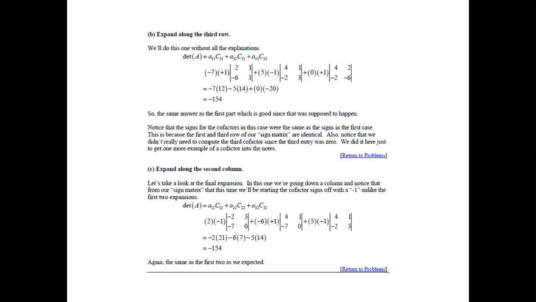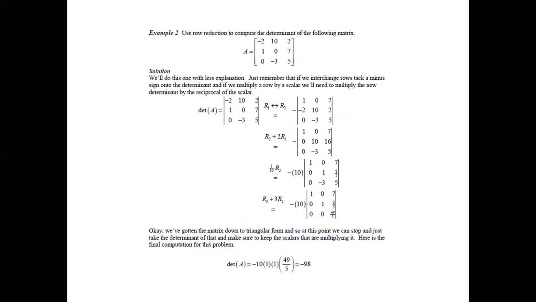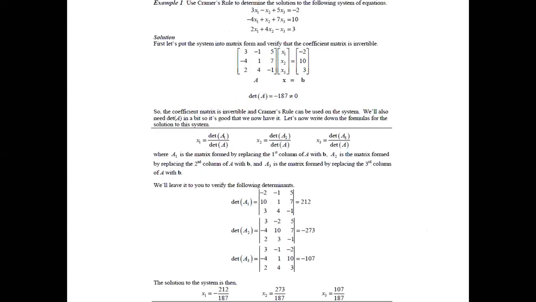Another problem which I've shown, this is a row reduction determinant problem, which I've put here with the answer and how to find the determinant. So we have started with one of the matrices A here, and then how to reduce it into an upper triangular matrix, which is the last form, and then how do you find the determinant. So that's again something which I have shown here. Then a question on Cramer's rule, which we have just completed, and how to find the value of x1, x2, and x3. So these are some additional problems which I have put for you. So you can just go through that.